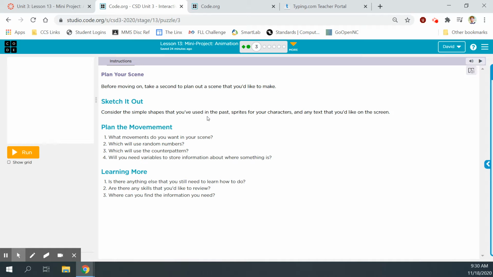You can sketch it out using Google Draw, whatever you would like. You don't have to turn in anything regarding your sketches or outlines or planning or anything like that. You don't have to turn that in. It's just an option for you if that's the way you work and that's the way you use the creative process. Consider the simple shapes that you've used in the past, sprites for your characters, and any text that you'd